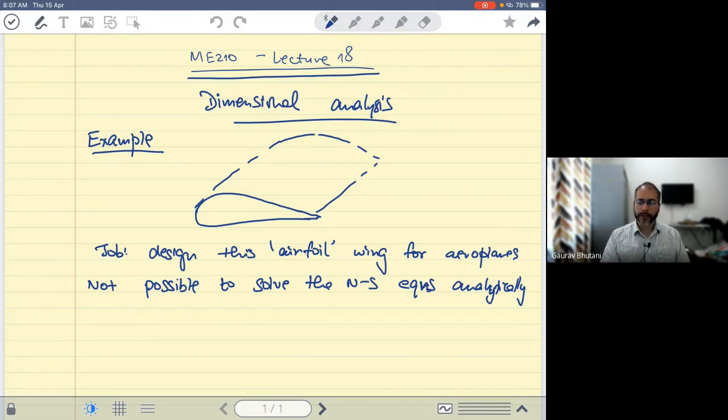So what do we do? Right. So all that theory that we have developed is not going to be too useful here. Well, there's another technique which is called computational fluid dynamics, which allows us to solve the Navier-Stokes equations computationally. But again, that technique involves a lot of assumptions. And those assumptions may result in a solution which may not be very accurate in some situations.